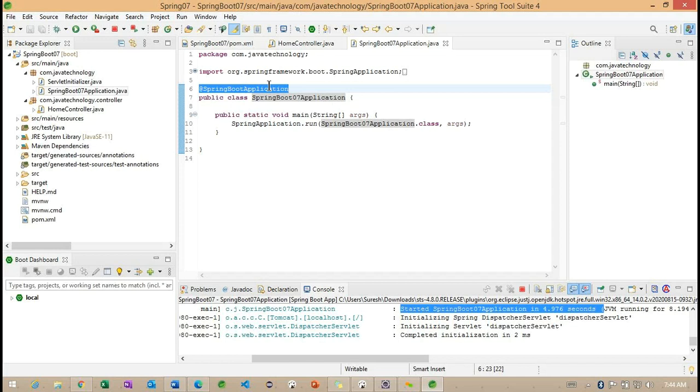Whenever we specify the Spring Boot application, it's a combination of 3 annotations: component scan, configuration, and enable auto configuration. Getting the point? Based on these 3, the auto configuration is enabled without adding any single line. Now, how exactly is it added?